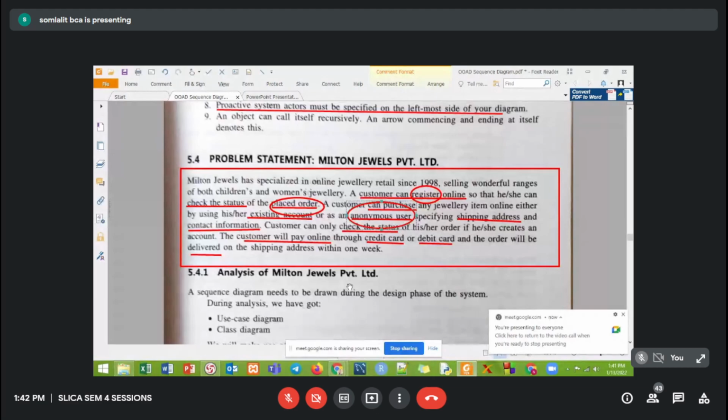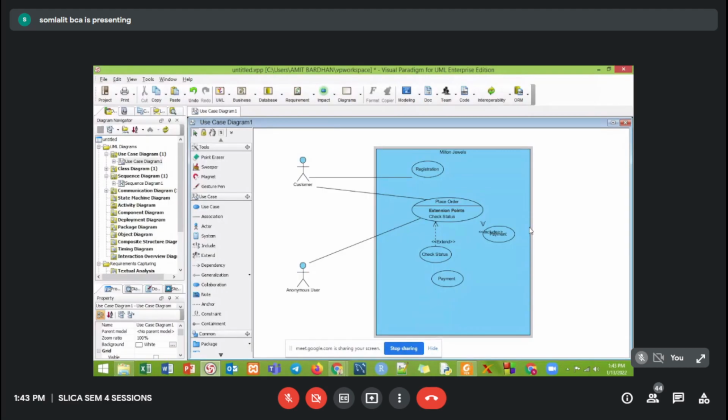Okay, so either you can go by this method or you can delete this and you can use extension, include points over here that payment must be made. Payment is a must. Okay. I'll do an extension a little bit.